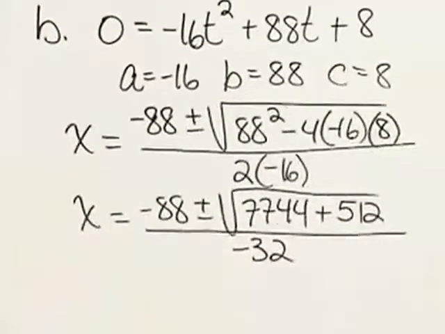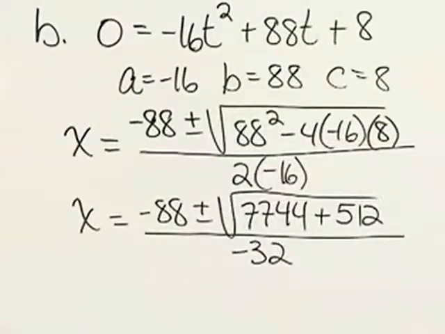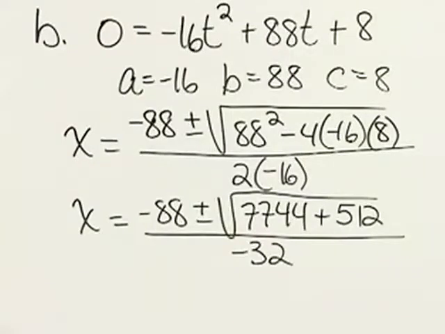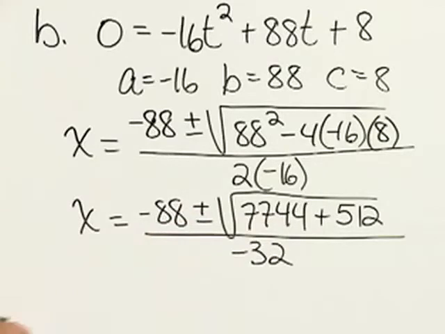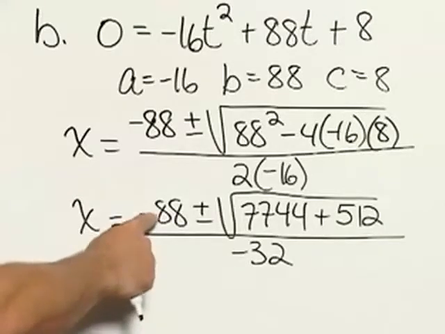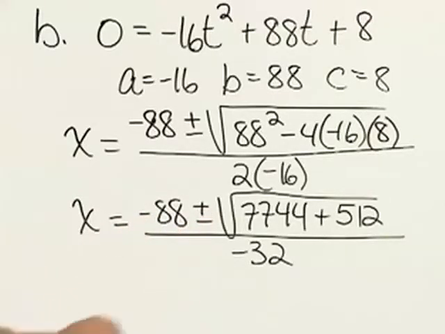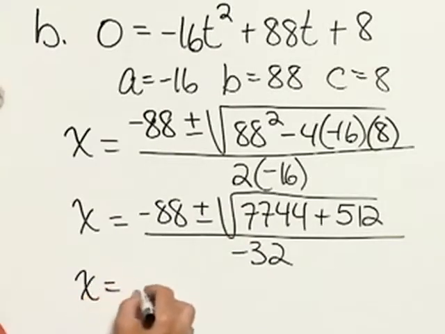Well, if we were to enter all of that into the calculator, we would have to enter -88 plus the square root divided by -32, and that will give us one result. And we would have to enter in -88 minus that square root divided by -32. The two results we get are x equals negative